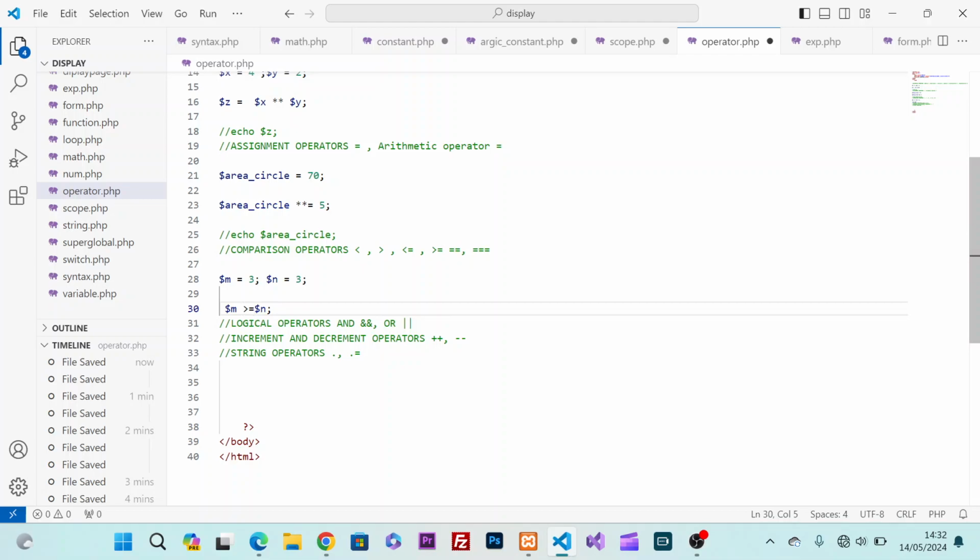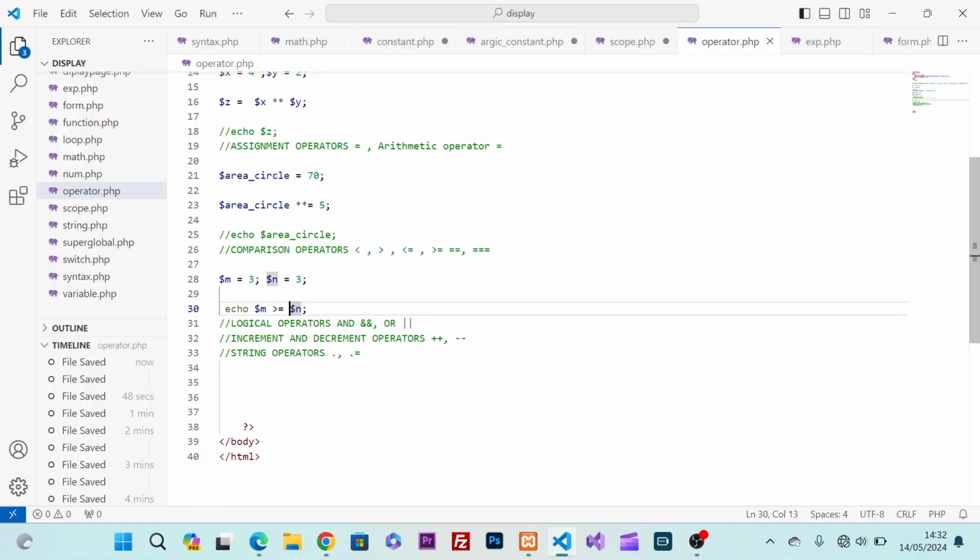Okay, sorry. I'm not echoing it, so there's nothing to do with this one. I removed the echo. Okay, you can now see, because 3